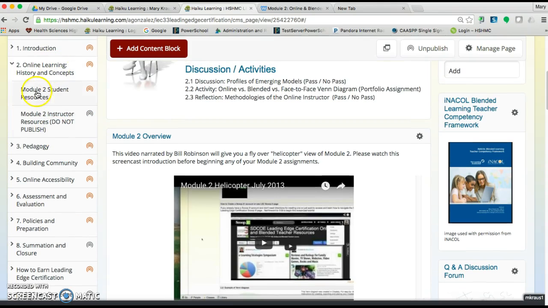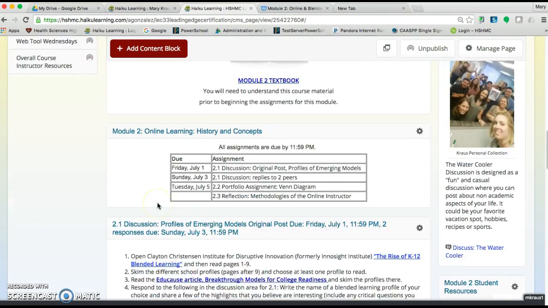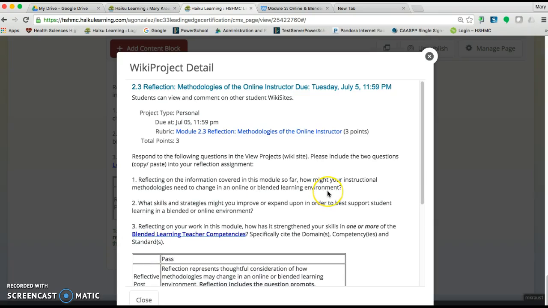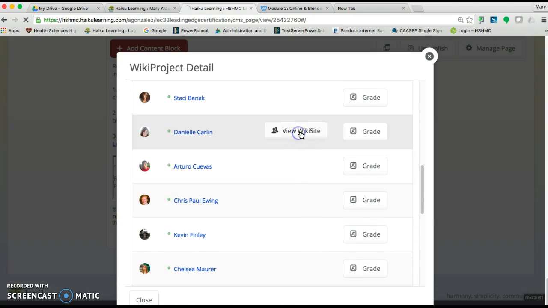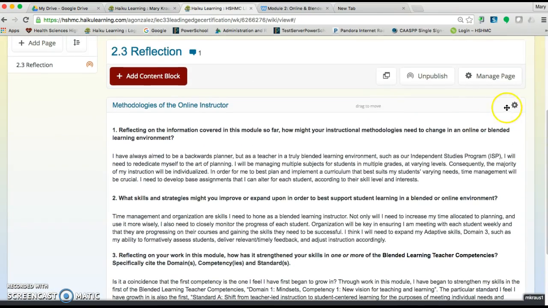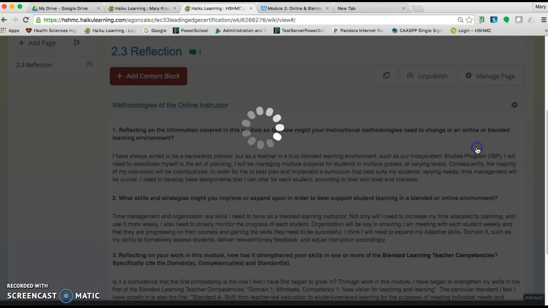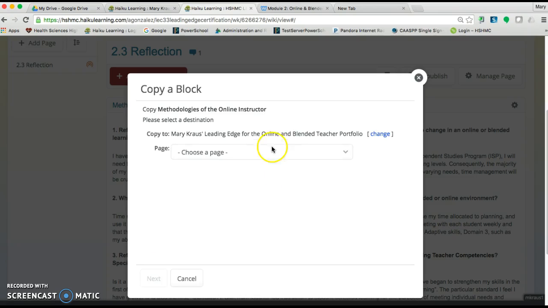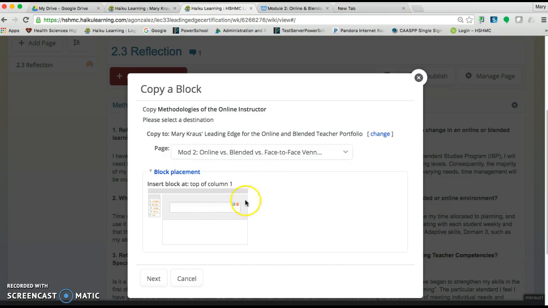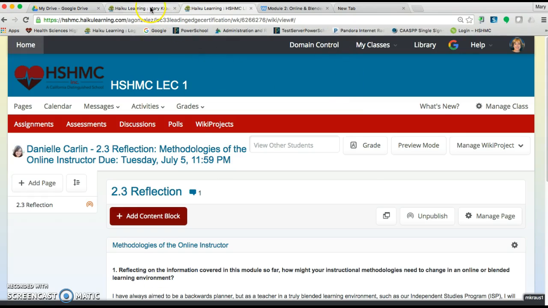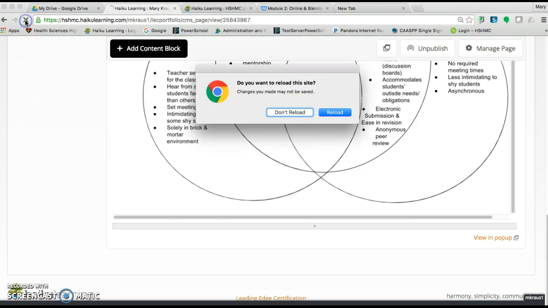So if I go back to the 2.3 and find Danielle's 2.3, you're going to do the same process where you copy it, find the course, which is of course the portfolio, find the page, and I'm going to put it at the bottom because it's the reflection. Let's go back, refresh the page,